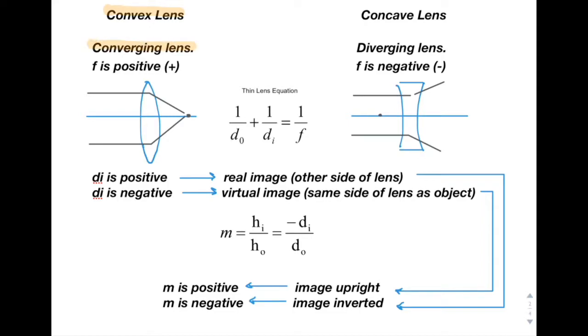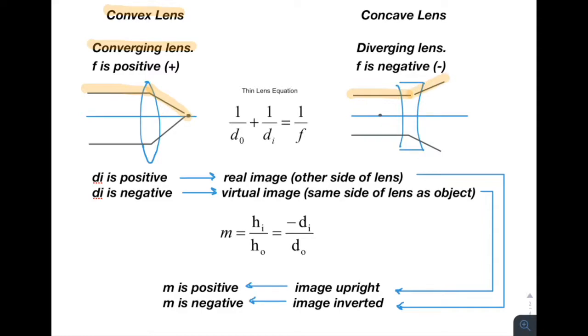And so from this crudely drawn image, we can see that whenever light rays come into contact with this convex lens, the light rays are going to refract towards the focal point. So that means that it's converging. And the opposite is true for a concave lens. So when the light ray comes into contact with the concave lens, the light is going to be refracted away